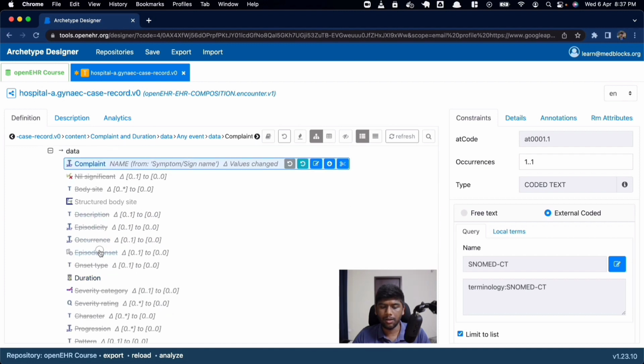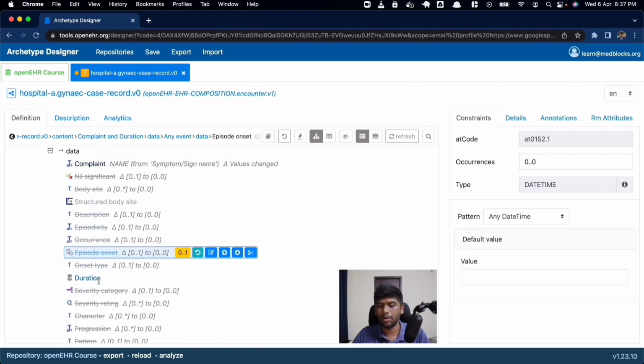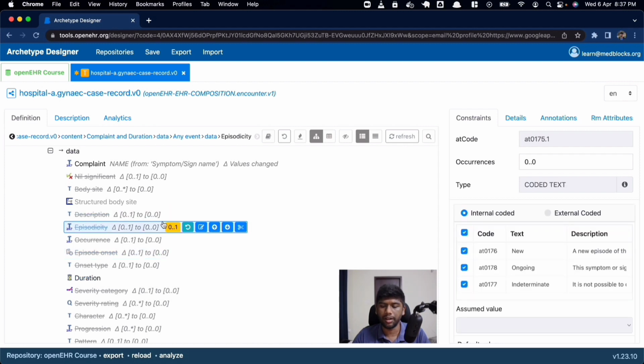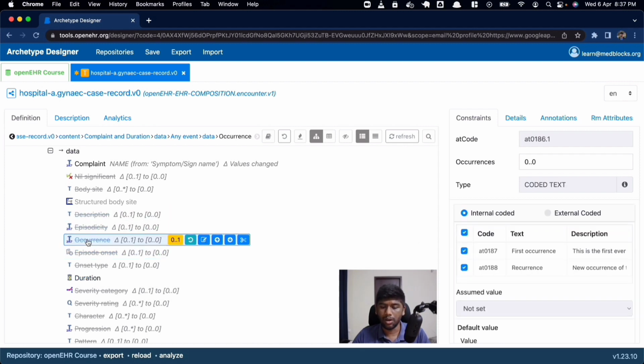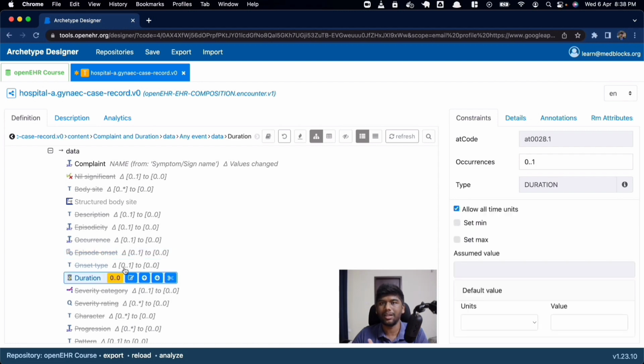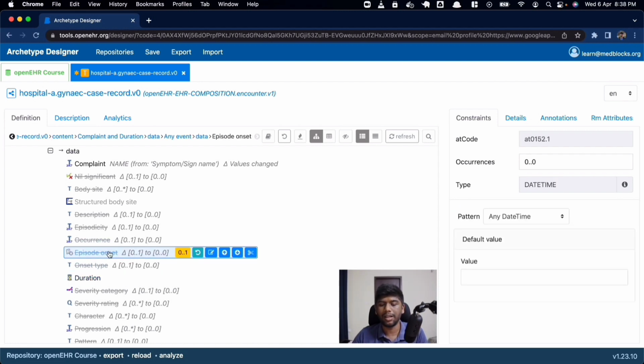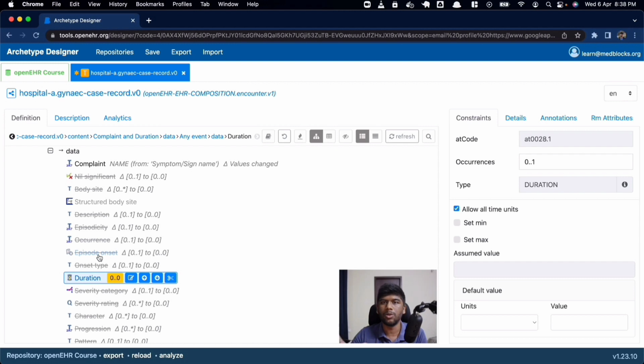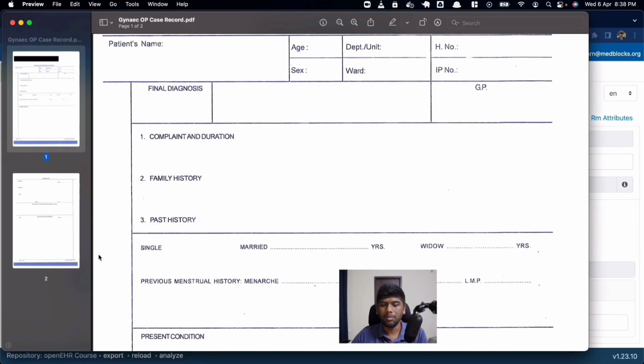Now, we can also reassess our workflow by looking at other points in the archetype. Episodicity, new occurrence, first occurrence, recurrence, episode onset, like when did this begin? Sometimes this is important. Duration tells you how long it has lasted, but episode onset tells you when it began. So it might be a condition that began 4 years ago but just lasted for 2 weeks and then it got over. So duration alone does not capture the full meaning of the complaint,